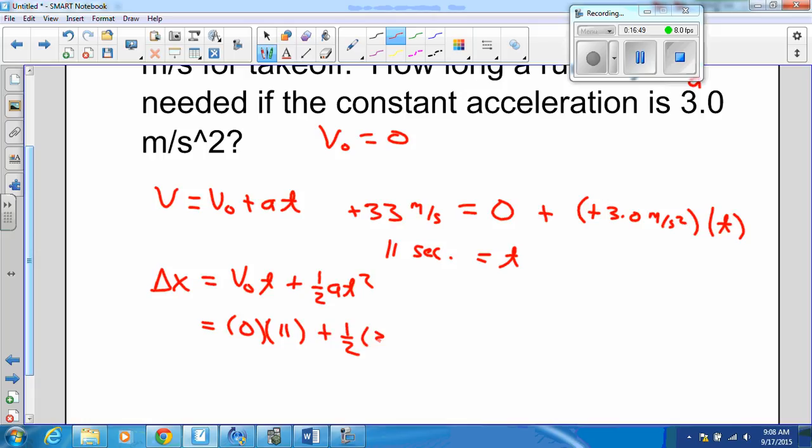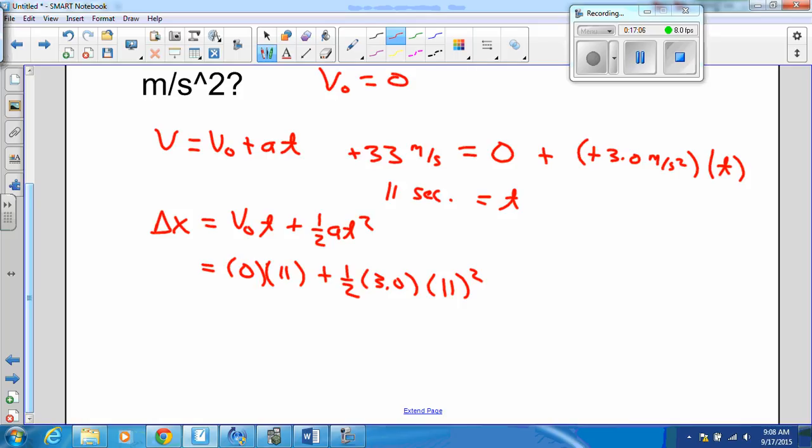Yes, exactly. Notice that anything that we have been previously given or that we have previously found is still true. And so my t is still 11 seconds right here. And so I have a half of